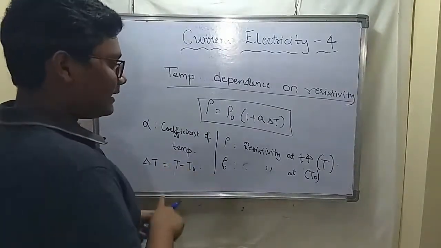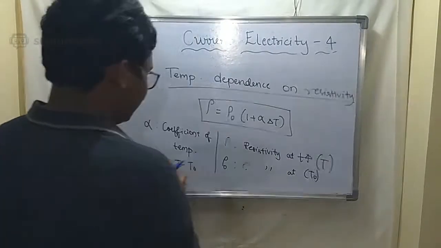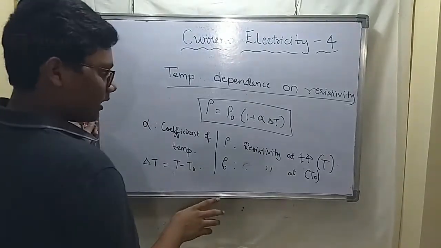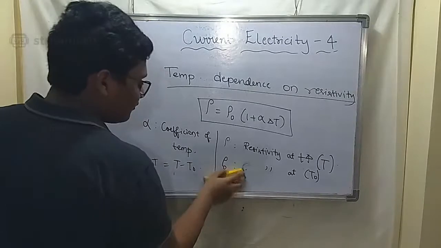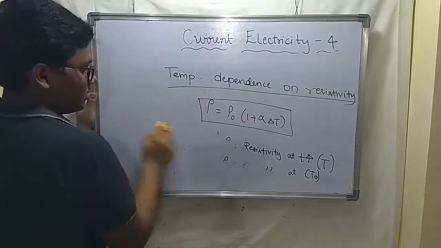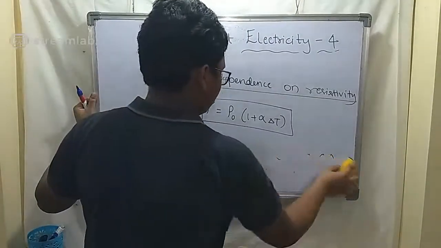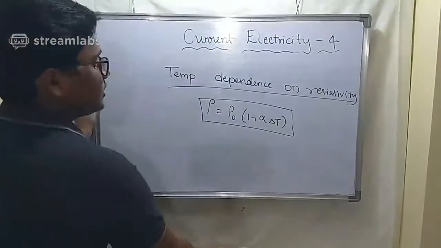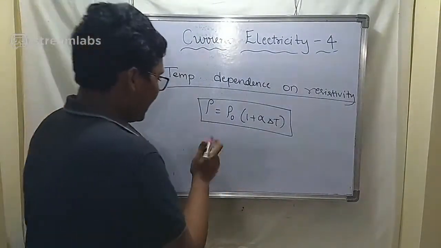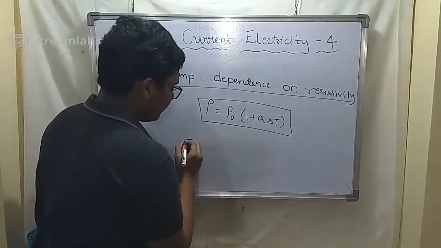And this delta T is T minus T naught. Okay, and that is the thing. Now we'll find the alpha. These are the terms on it. Okay, we got this equation. These are the terms on it, and now here what we'll get,